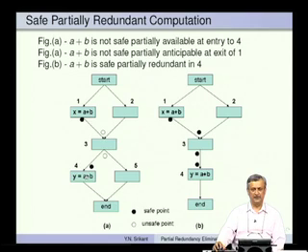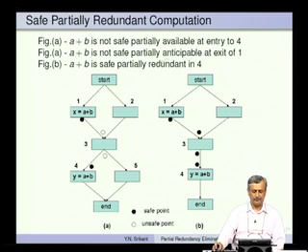Right here the expression is being computed, but we want all the points from this first computation to this point, all these 4 points to be safe, they are not. Therefore, this expression is not safe partially available at entry to 4. And in the same figure, it is not safe partially anticipable at exit of 1. So, exit of 1, and then the computation is here. So, all these points should have been safe, they are not, and therefore,